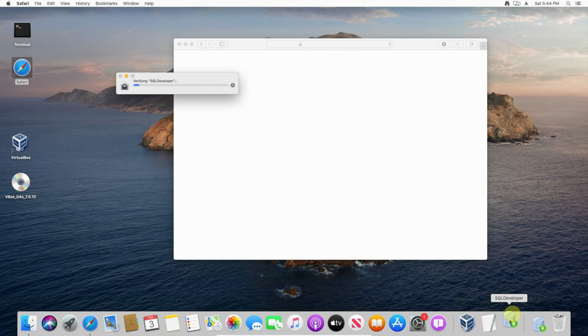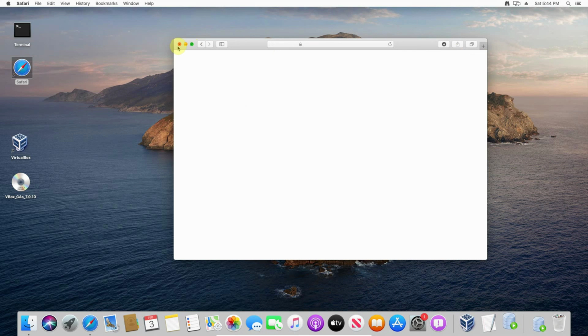The jumping SQL Developer icon means it is currently processing. Actually, it is unzipping the zip archive. First, it is verifying the SQL Developer archive, and then once it is verified, it is going to open the application for us. Let's close the browser window,